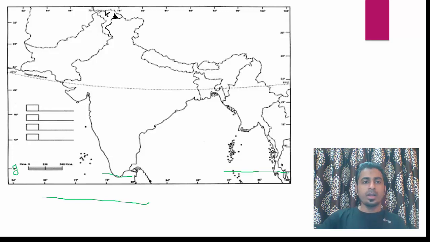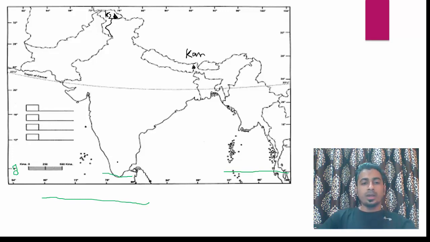Okay, and every one of you will have to sit with a map and an atlas so that whatever I am telling you, you can see in your atlas also and then mark on your practice map. Okay, then next is Kanchenjunga. Kanchenjunga is in India and it is India's second highest peak after K2. So Kanchenjunga is in Sikkim. It is on the India-Nepal border. So this is Kanchenjunga. I am not writing the full thing. You will have to do it by yourself.